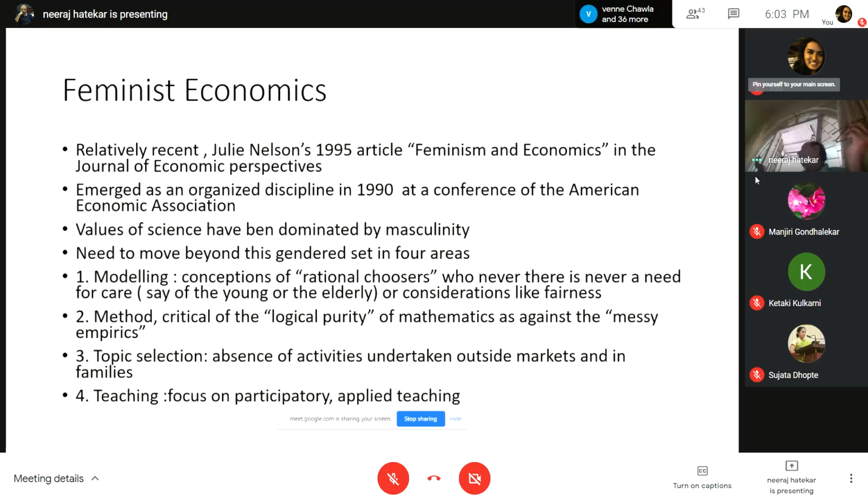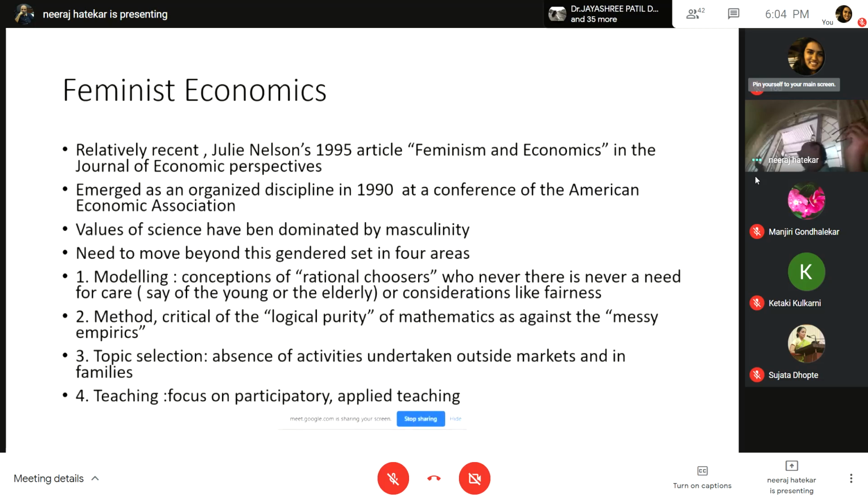So again here, you have to understand different constructions of identity, different constructs of gender. You can't do it from a purely mathematical point of view, because for a utility maximizing individual, social identities don't matter. So if you think of social identities, you have to think of specific empirical situations. You have to think of women in urban India who are in the unorganized sector, right? Then it all boils down to looking at the data and looking at messy empirics rather than a clear cut, nice mathematical model. So a lot of feminist economics is really about good empirics,